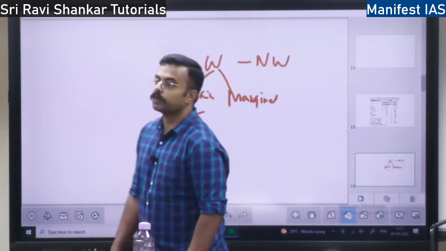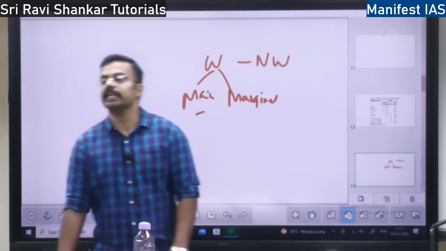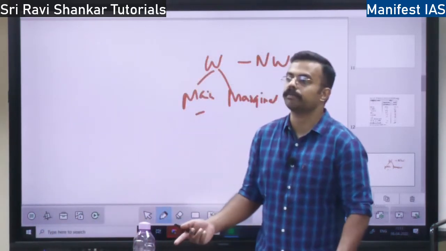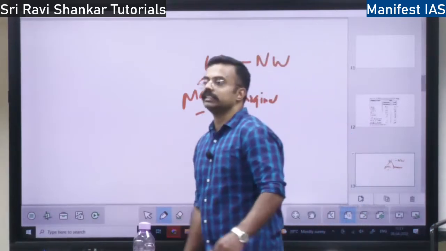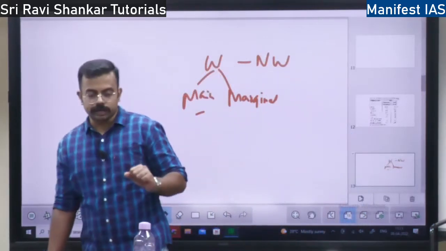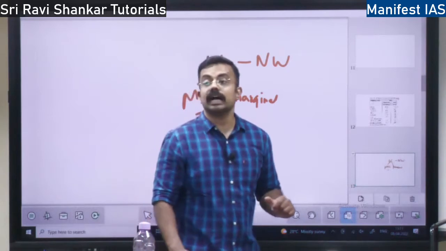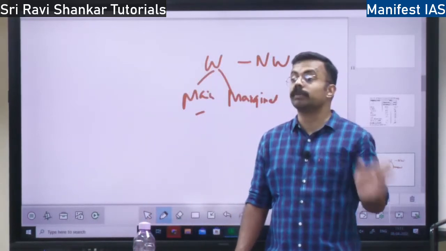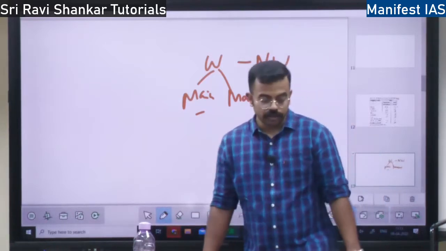That is, diaspora means what? So people residing outside the country, either permanently or temporarily, either for education, employment, or they might have taken the citizenship of that country. So when you look at the diaspora, Indian diaspora is the highest number, right? Across the world, no other country has so much diaspora as India, right?